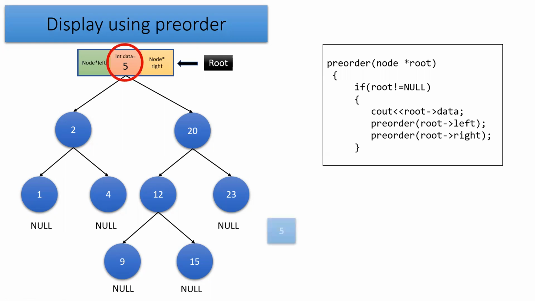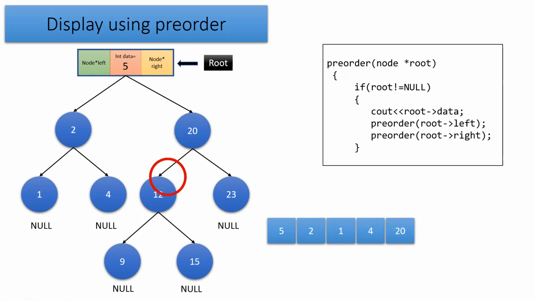Now we'll see how exactly it is working. So if you are able to see, it is going to start from the 5. So 5 is displayed here. Then it will go to the 2 here, as 2 is nothing but the left child. So 2 is displayed here. Once again, it is going for the left side and it is displaying the 1. Now after the 1, as the left side is over, now it will go back for the 2 and it will display the 4 here. So if you see, 4 is present here. Then as the 4 is not going to contain any left and right child, it will again go back and it will go for the 20. As the 5's right child is nothing but the 20, it will display the 20.